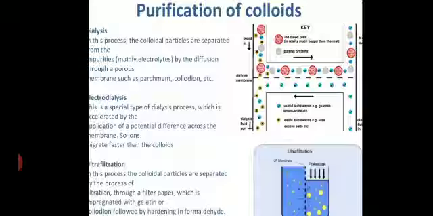What does it do? Why are we doing so? Because we reduce the size of the pores. Through those pores, only crystalloids can pass through, not the colloids. Now you take that filter paper and go for filtration. Crystalloids will pass through, colloids will remain. This sort of filtration is known as ultrafiltration. This is called ultra filter paper, we can say that.